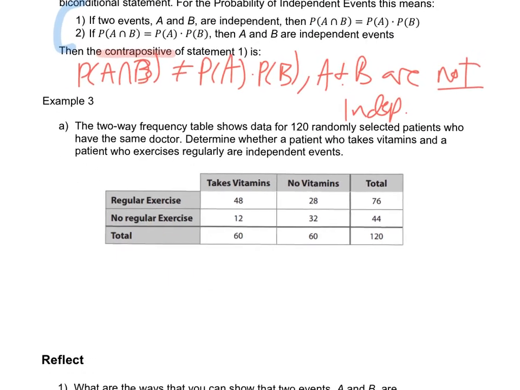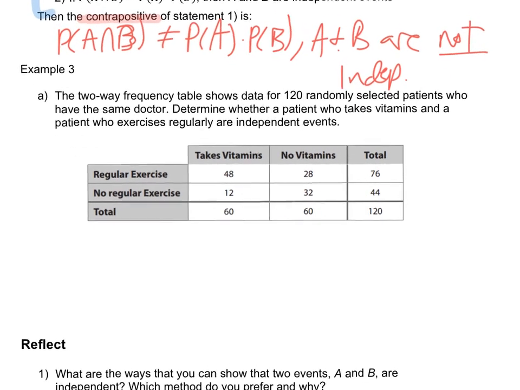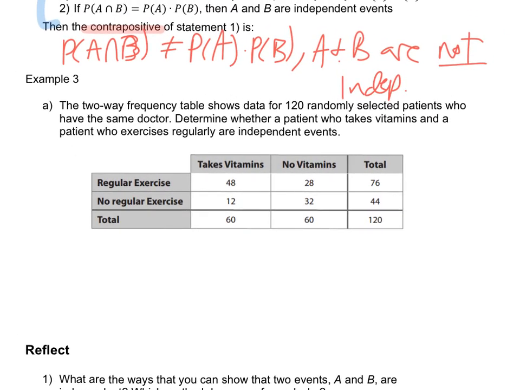So that's how we're going to determine independence and dependence here as we check in, or at least that's one way we can determine independence and dependence. And we could use that strategy in example 3 if we want. I'm going to use the strategy that we learned earlier as well here. So here's some data. There's 120 randomly selected patients, same doctor, and you're looking to see if exercise and vitamins are related or not. So I want to determine whether a patient who takes vitamins and a patient who exercises regularly